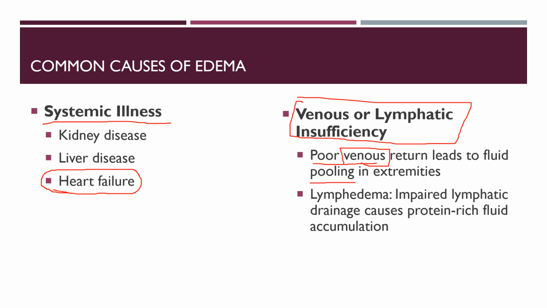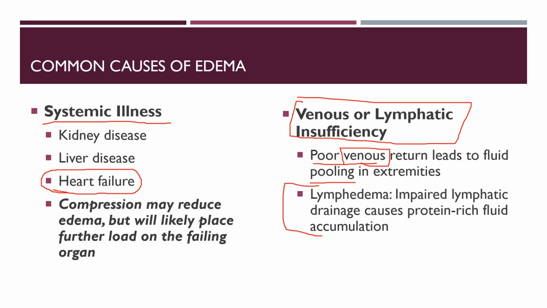Then we also have lymphedema. So this is impaired lymphatic drainage, which causes protein-rich fluid accumulation. So this can be caused by a number of different reasons, and we're going to discuss those too. We're going to discuss primary lymphedema versus secondary lymphedema in just one moment. It's really important to know that with these systemic illnesses here,